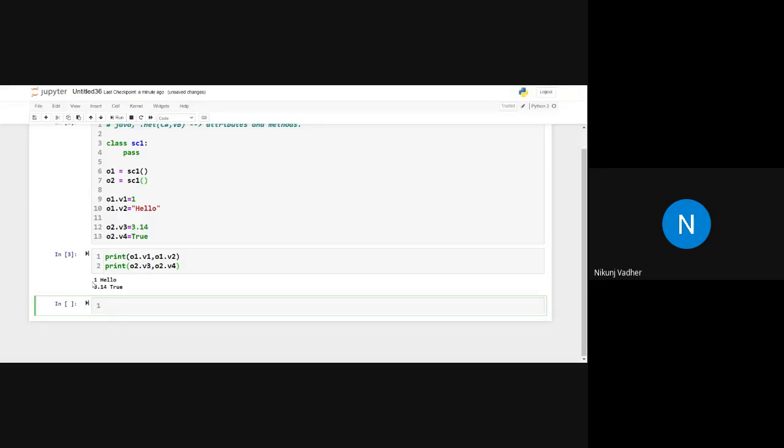Here you can see 1 and hello. So 1 is for V1, hello is for V2, 3.14 is for V3, and true is for V4.